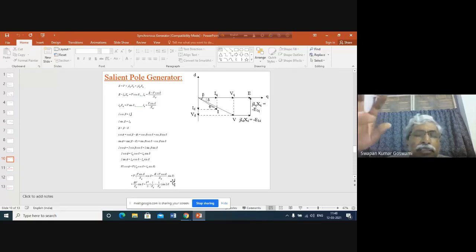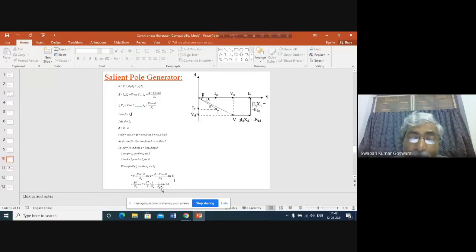This is obviously the power angle curve. The variation of active power with delta, we call it power angle curve in case of cylindrical rotor machine. Here also we have finally derived the expression for active power, and here you see that in terms of delta we can express it. The nature of expression is almost the same. Here it depends upon the field current and terminal voltage and reactance and delta. Here also it is the same thing. Only difference is that here it is the difference of reactances or difference in reluctance, and there is a sine delta component as well as a sine 2 delta component.